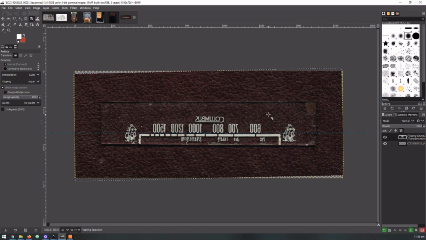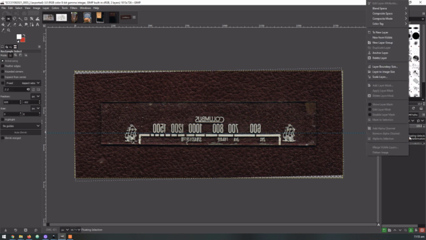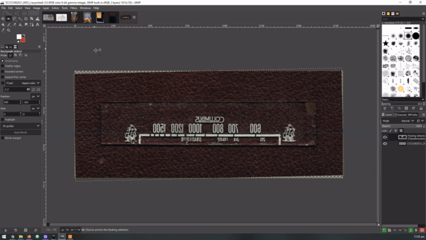and it's now rotated. You'll see this line or this box of what we call marching ants, and that means that the rotation we just made is done, but it's not fixed. And you can see this floating selection here, which we can fix a couple of ways. You can either right click on the floating selection and anchor the layer, which will do it, or if you're in the select tool here, you can see that there's an anchor beside the cursor, and if I just click away from the image somewhere in this grey area, it's